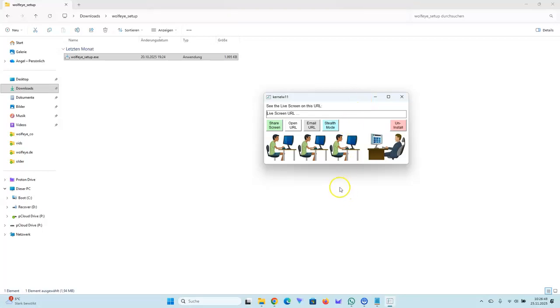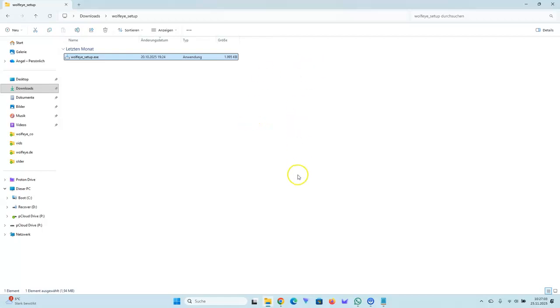And now you have to set it up by hitting two buttons. The first button is this green button that says share screen. You hit it, it turns red, and you're already sharing the screen. And the next button is the stealth mode button that will hide the software so that it goes to the background. You hit it, it goes to the background, but you will be able to